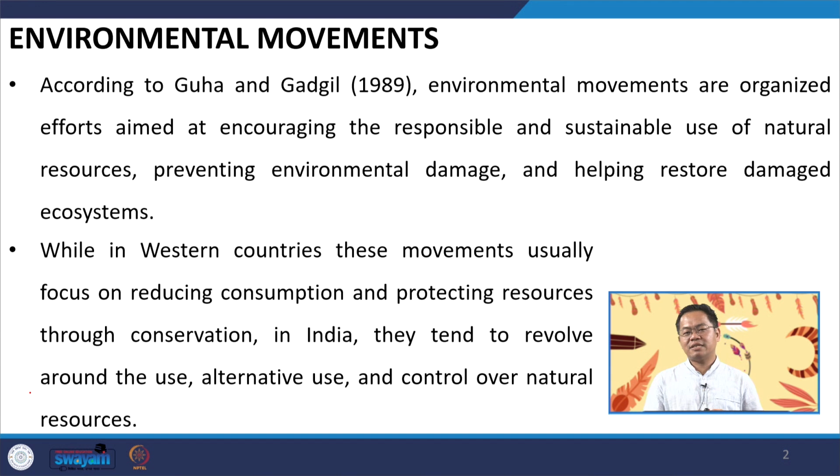And Guha have extensively studied environmental movements in the state of Uttarakhand, and he specifically talks about environmentalism of the poor. So, therefore, it is important to acknowledge that the question of environmental consciousness is not a consciousness of the urban educated middle class, but in India the poor, the working class, the illiterate, the ordinary people are also deeply concerned about the environment. In Western countries, most of the time environmental movements are focused on reducing consumption and protecting resources through conservation, but in India it tends to revolve around the utilization of natural resources as well as their